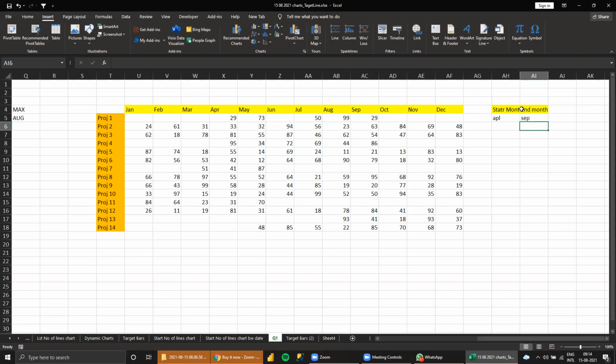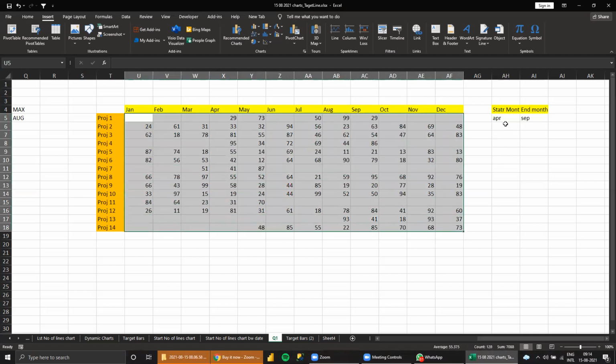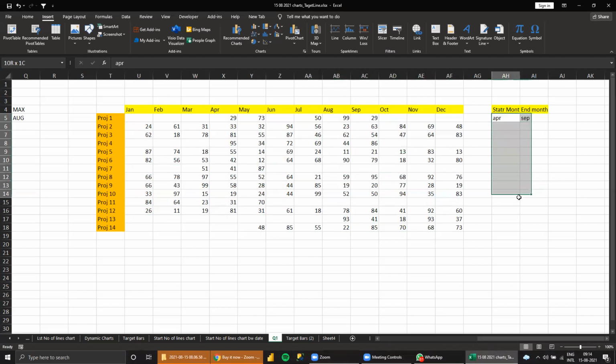These are also very, very important. Clients want to know these details. When did the project start? When did the project end? This is the master data. From the master data, you need to give the start month and end month. Maybe projects starting from January and continuing a few months, so I need January and December.